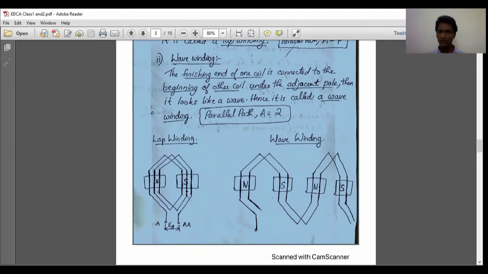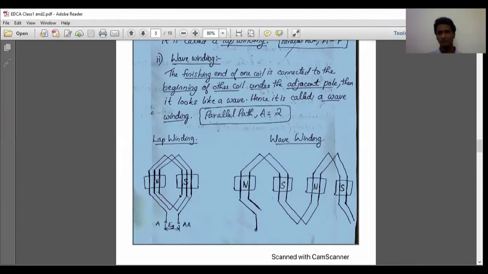In this north pole and this south pole, there are three conductors. The darkened sections are three different conductors. Here also in the south pole there are three conductors. And a coil means two conductors connected together to form one coil. So if I consider this one, this is the beginning end or starting end of one coil, and this is the finishing end of that coil. It starts from here, and this is the second conductor in that coil, and this end is the finishing end of that coil.